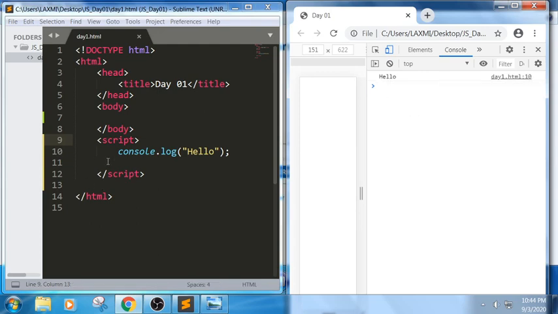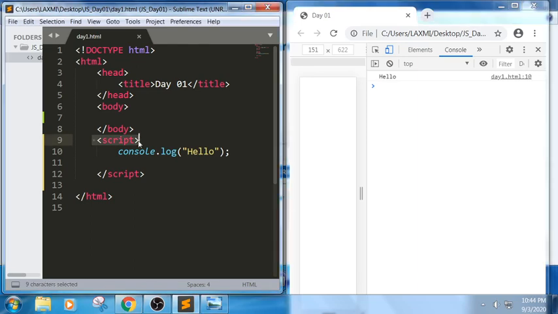So you can see whenever it displays a message, it shows the corresponding line where it was executed. So we use the script tag. We call this a tag that is used to define client-side JavaScript. If you don't want to write a script in the same page, you can write it in a separate file also. In most code on the internet, you will find the snippet inside the body, or inside the head. But it is always recommended to use the script tag after the body tag.